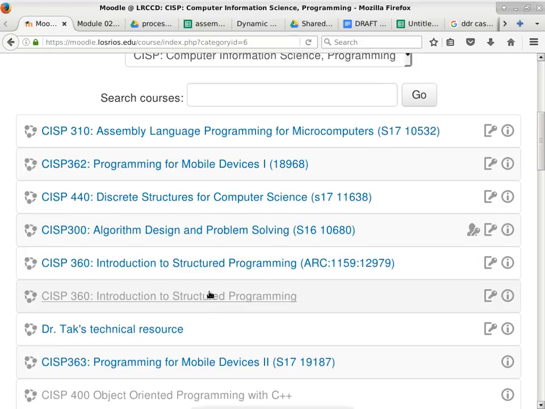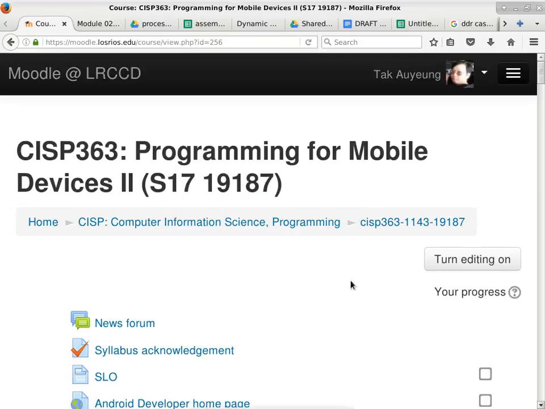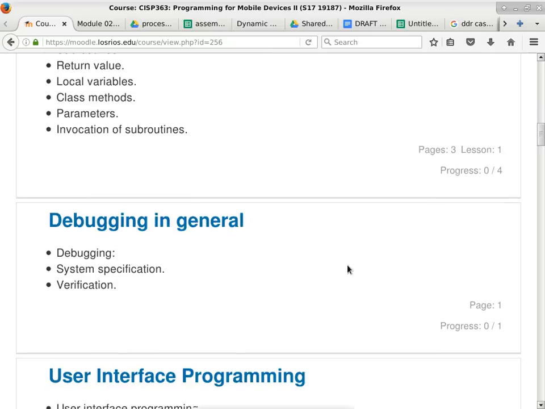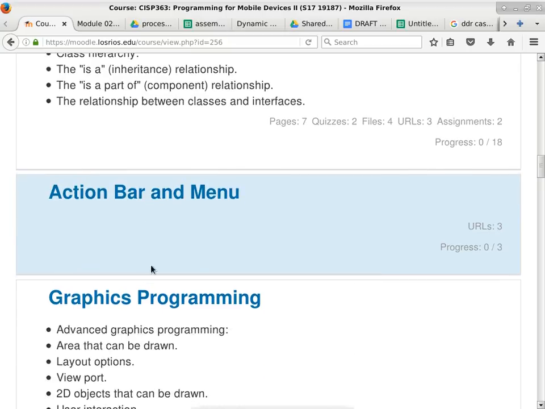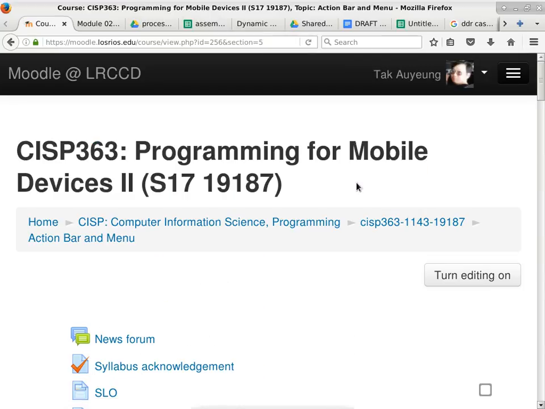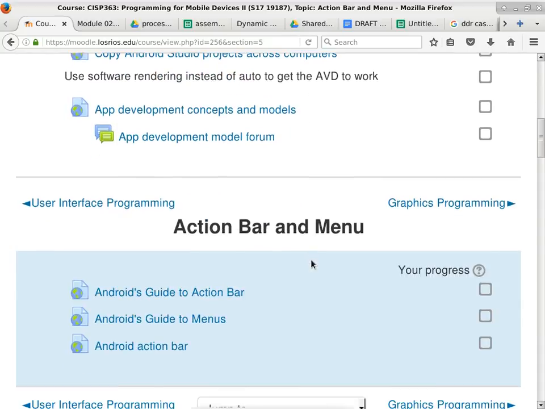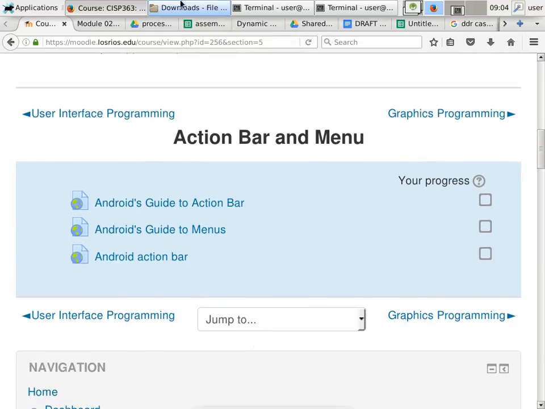Okay, so this is really exciting because for the first time we can now work with menus. Alright, so the menus is down at the action bar and menu here. There's no specific text for it, but it is actually one of the more interesting topics. I also found that Google's documentation is kind of a little bit spotty when it comes to making your own action bar. So I followed the instructions, and there were holes. Okay, so I was going through the lessons here one by one and going like, no, this doesn't work. It is not connecting. So I did figure out what to do to make it work,